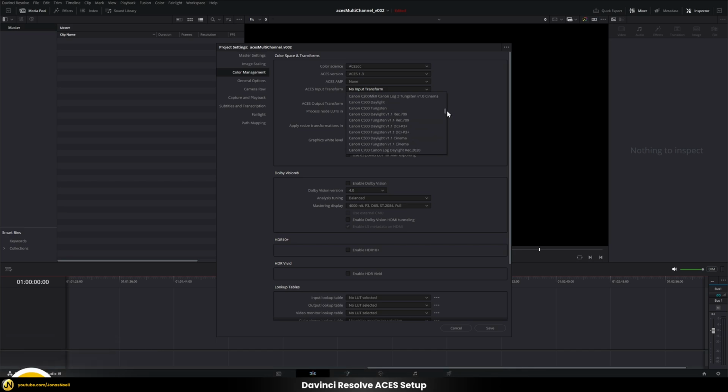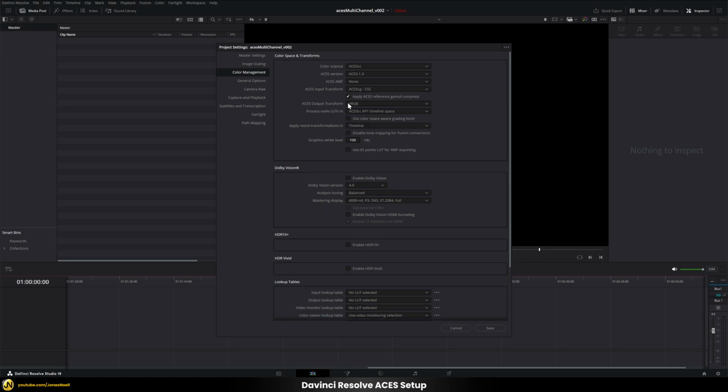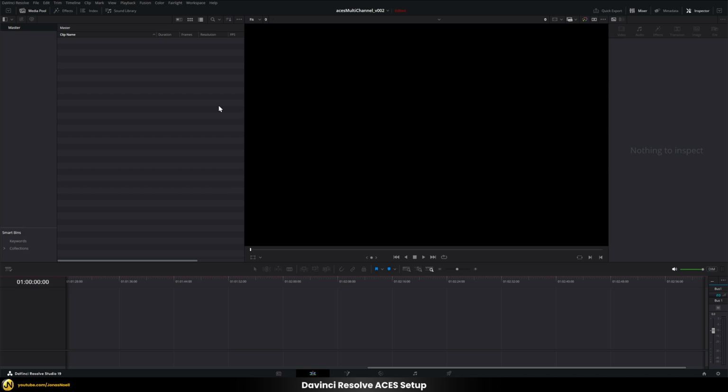And here we just can choose that everything that we feed into DaVinci Resolve will be treated as ACEScg. So let's just select this. And we also have to choose an output transform. And here, in order to make this match exactly to what we had visible in our V-Ray frame buffer, where we had the view transform set to sRGB, we will also choose here the output transform to be sRGB. And now let's just save this,